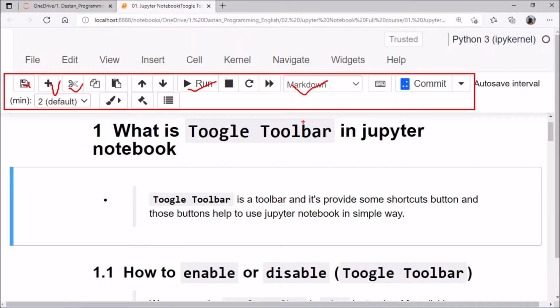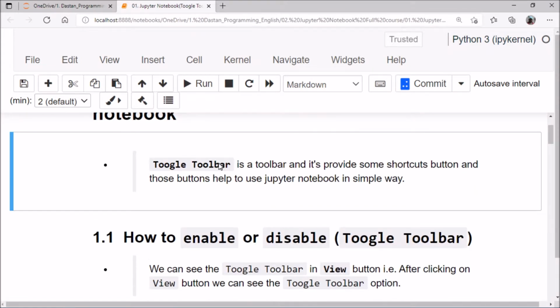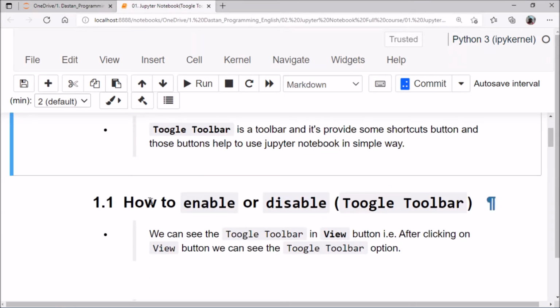So you understood what the toggle toolbar is. Then, how to enable or disable it. If enabled, we can see all these toolbars here, and if disabled, we can't see the toolbar.